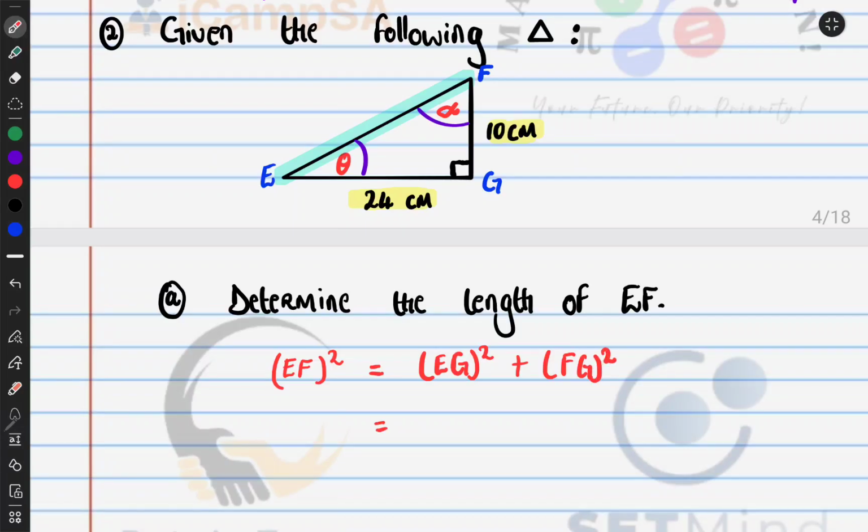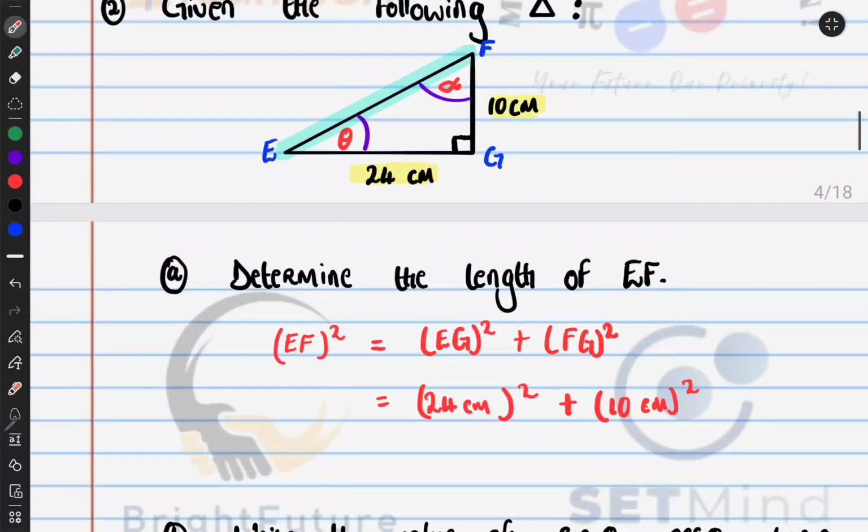We already know the length EG, we've been given 24 centimeters squared, plus side FG, which is 10 centimeters, and then we square those. We have EF squared. Therefore EF squared is going to be equal to